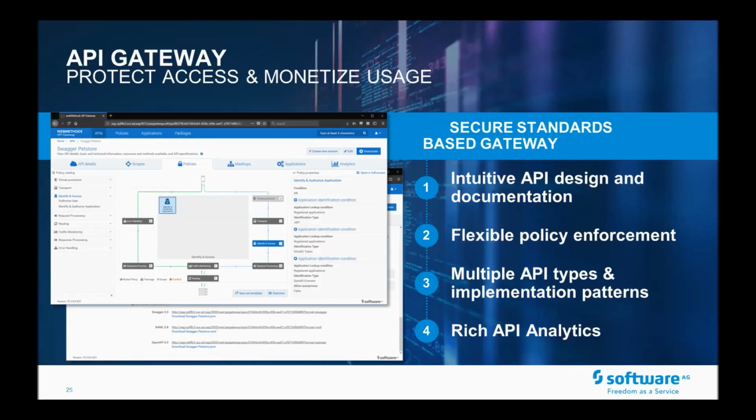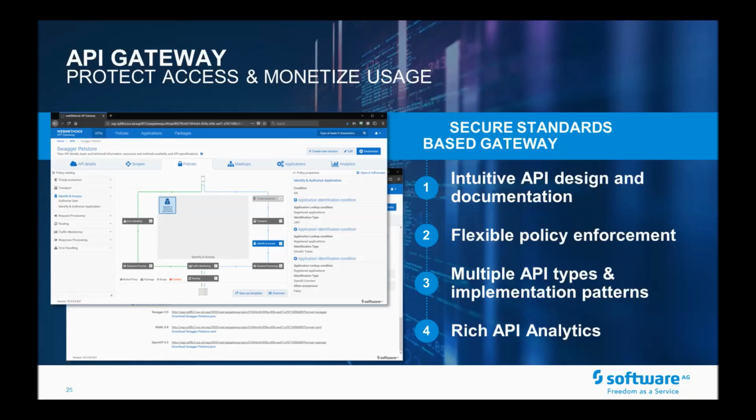So we're bringing features to enable that, not only to support natively asynchronous API, but also to allow the API provider persona to event enable an API that is natively synchronous. So you might have SOAP or REST APIs, and you might want to event enable them. That's what we do in API Gateway.